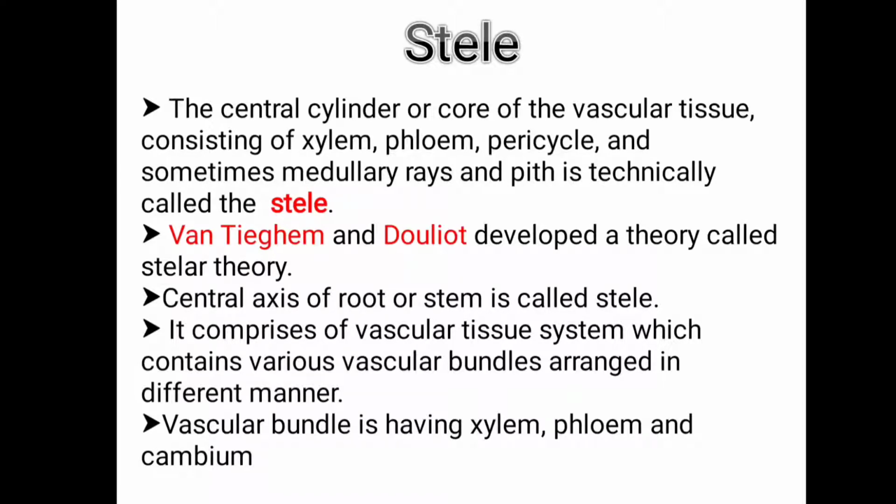Then sometimes the medullary rays and the pith are present. Medullary rays are found in some species of wood, in most of the stem. They appear as a radial structure, and their function is the conduction of water, minerals and other organic substances from the center to the periphery. They are also known as vascular rays. They are made up of parenchymatous cells arranged radially, and they store products from the center to the peripheral region.